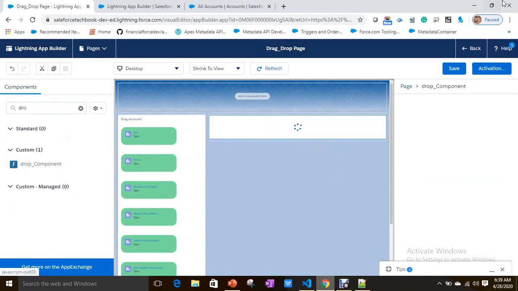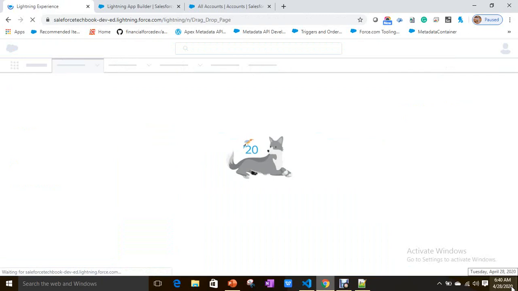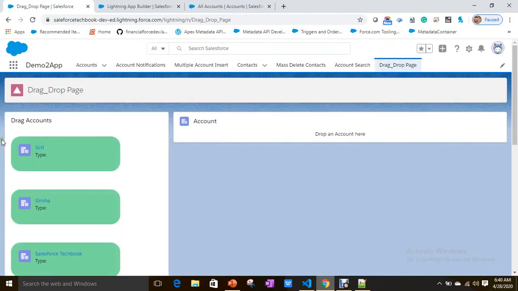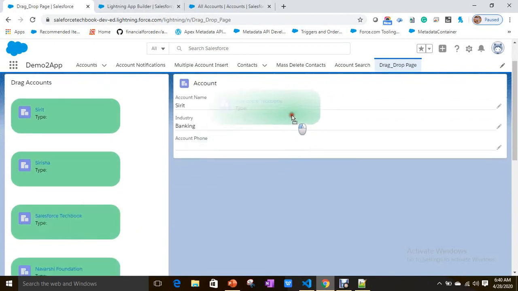Simply save, and here, see, this is how it works.